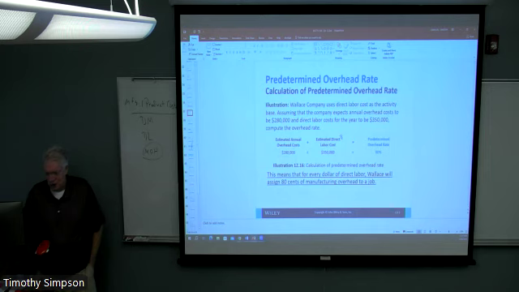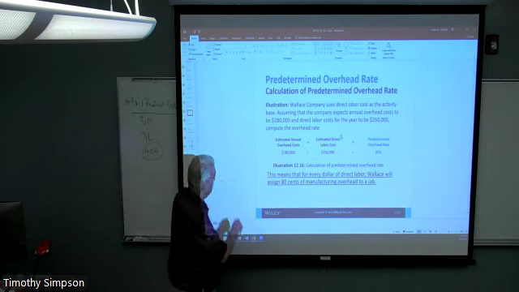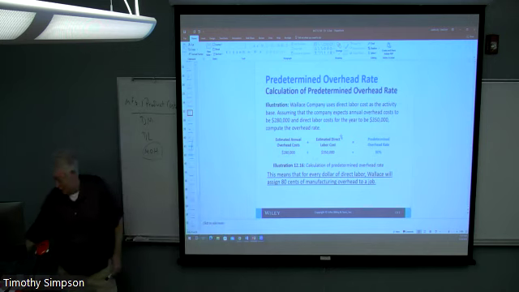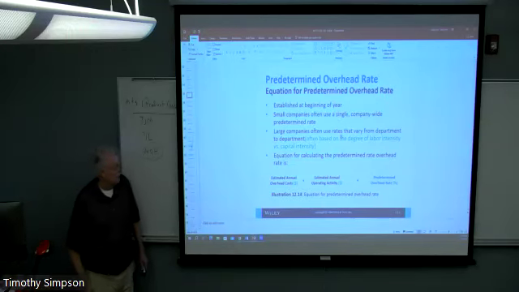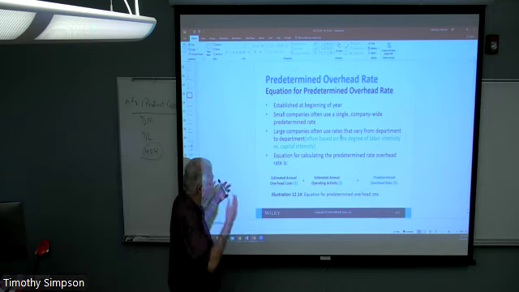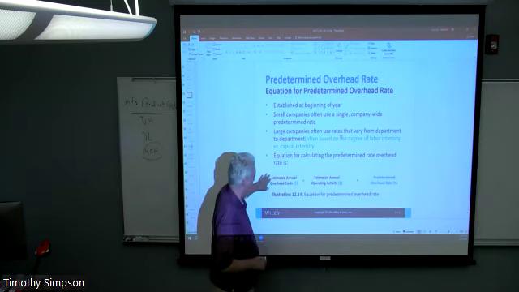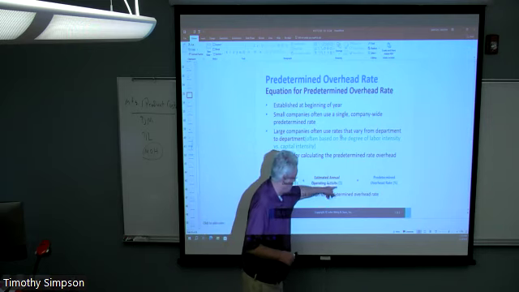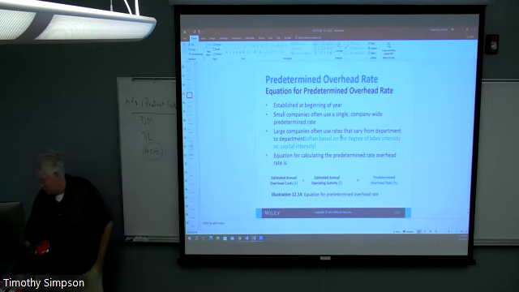The way they've ordered these slides is a little bit out of order. I think I would have probably reordered these two slides, just because we were talking here about this idea of a predetermined overhead rate, going back here where we got the estimate for total costs for the year. And again, this could be for a division, a department, for a subsidiary, whatever the case might be, but if we estimate what it should be for the year divided by some operating activity, which in this case is going to be expressed in dollars, we're going to get a percentage.